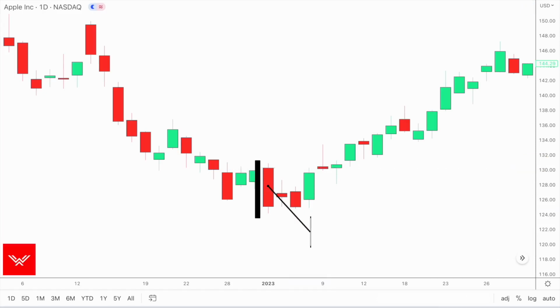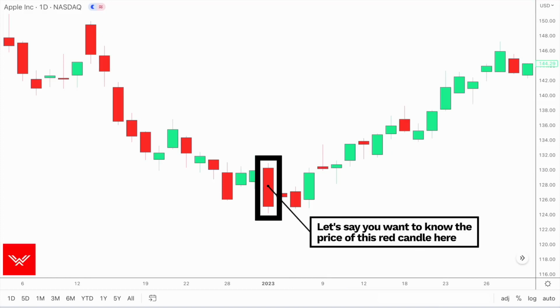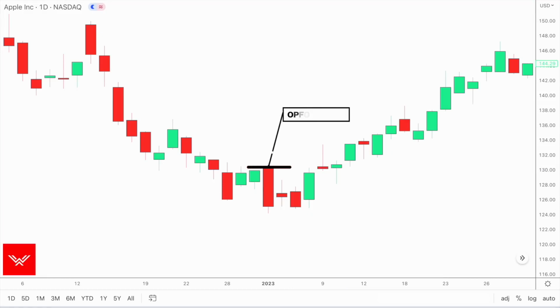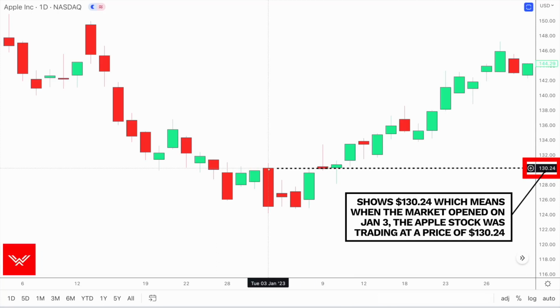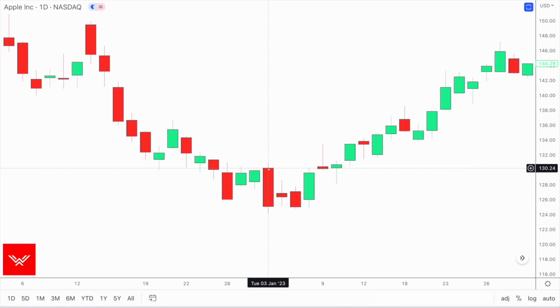So let's say you want to know the price of this red candle here. Remember, red candlesticks open above at the top of the rectangle here, and close below at the bottom of the rectangle here. For the opening price of January 3rd, place your mouse at the top of the rectangle and it shows $130.24. For the closing price of January 3rd, place your mouse at the bottom of the rectangle and it shows